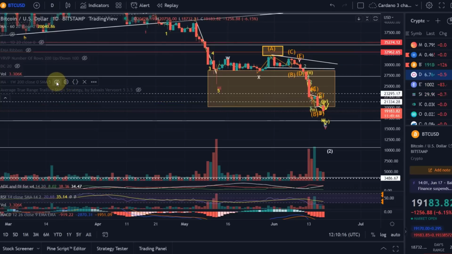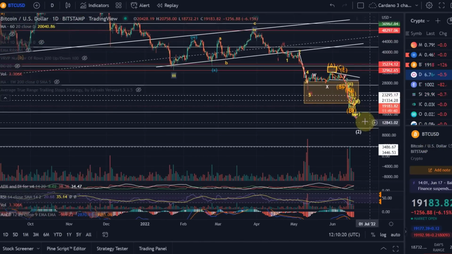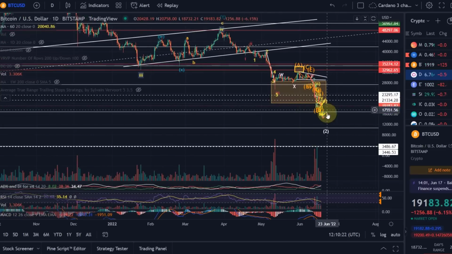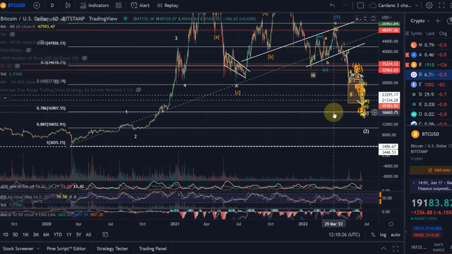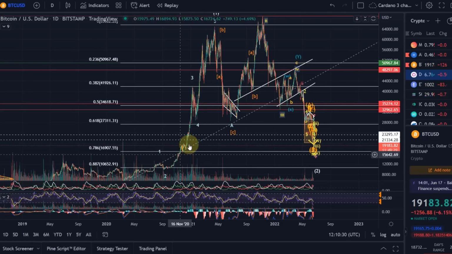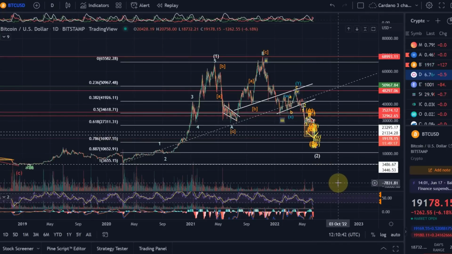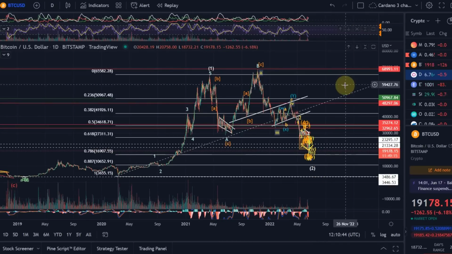But overall, I think we're not far off. Bitcoin has done everything it needs to do in this current correction. The 16,900 level is definitely within reach. Definitely a realistic level for a wave 2 to bounce off, because this was a wave 1 coming all the way up into April 2021, an impulsive move up. In my opinion, we are now in a wave 2 here, an ABC pattern. And in this wave 2, definitely one target that you get